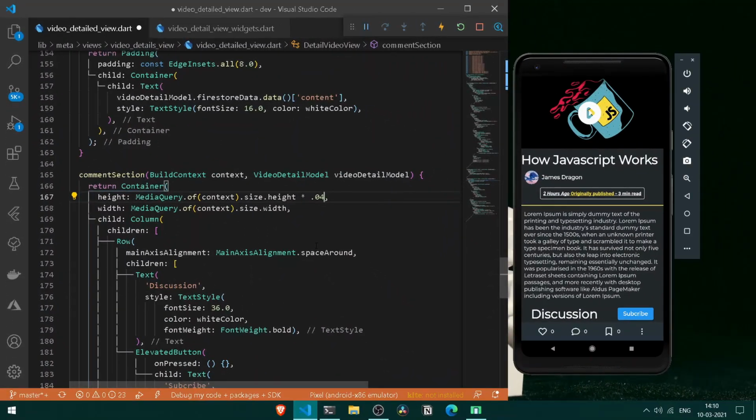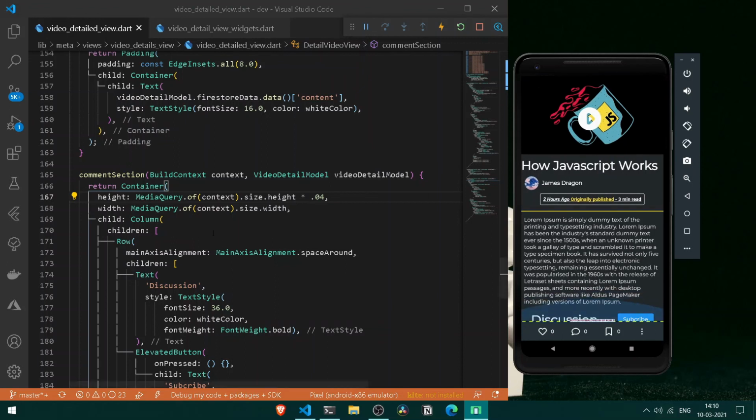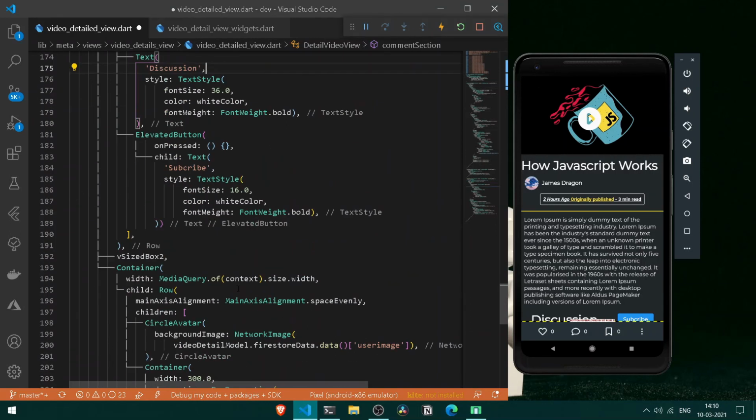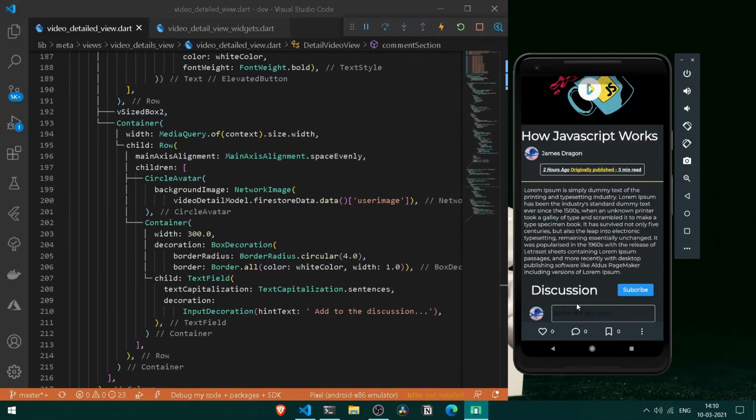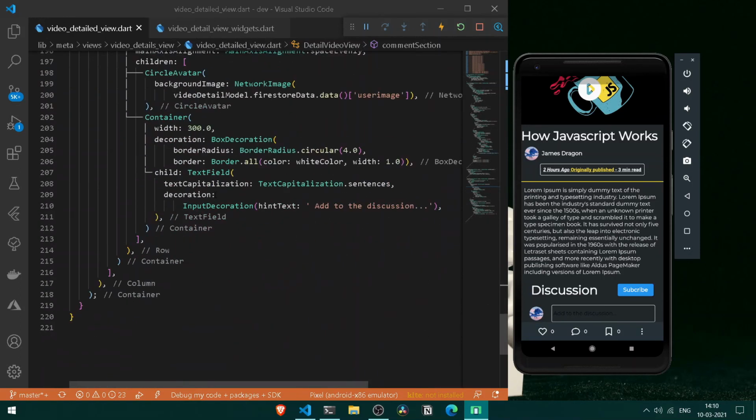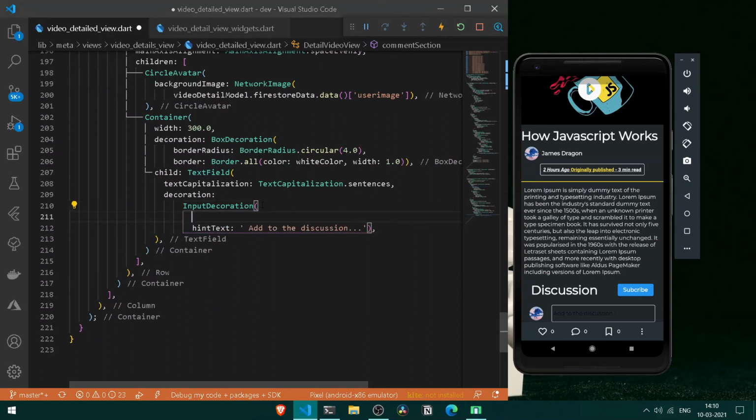Let's try it out. If I scroll down, alright, we are getting a bottom overflowed, no worries. Let's do one thing, that is have some commenting for it now, and let's go down. So here you can see we are getting our entire thing that we have generated now, but you know what, we shall be doing one thing, that is to our entire hint text we shall be having some hint style as well.